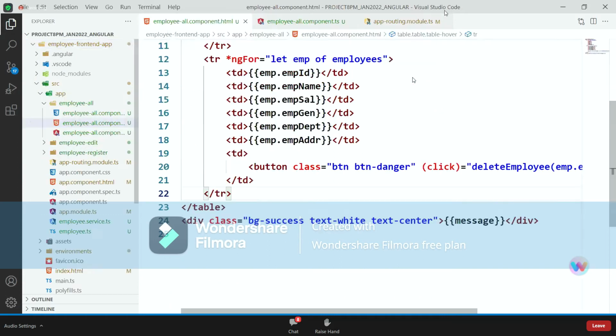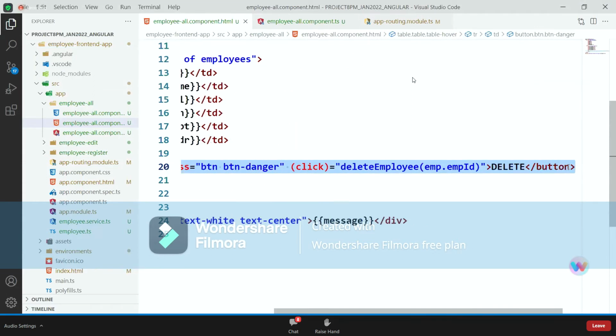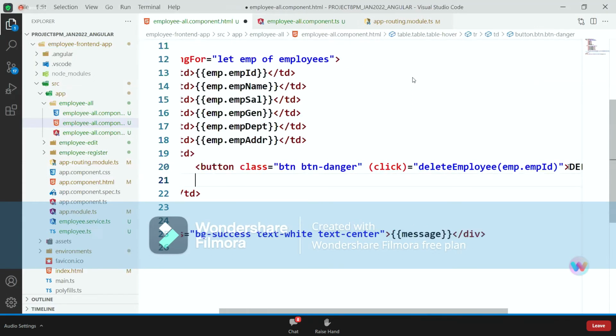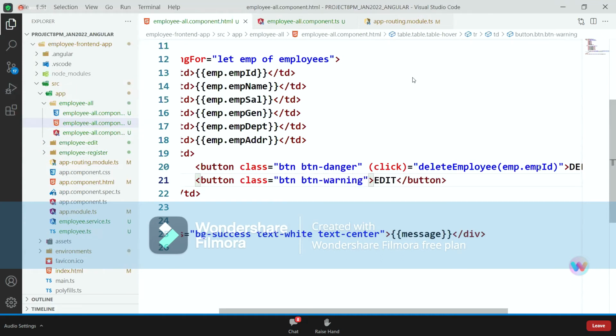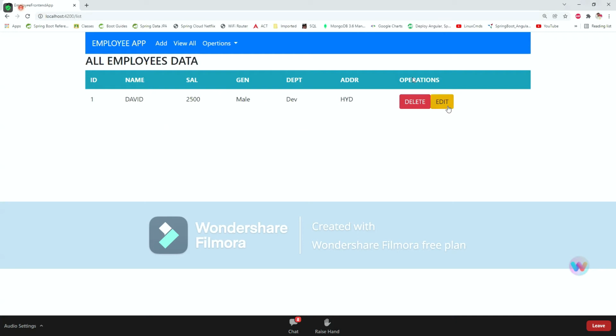I'm just opening it here. Here I created the delete button, right? In the same way, I'm creating one more button, edit. I'm giving a class. First of all, the edit button is created.